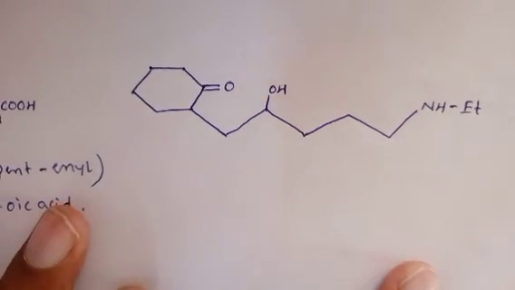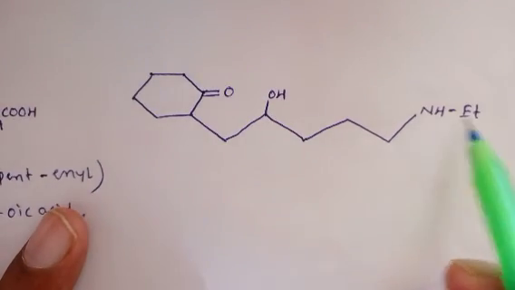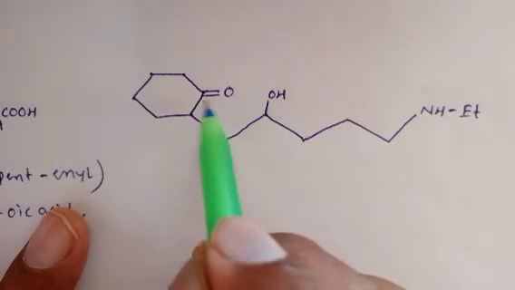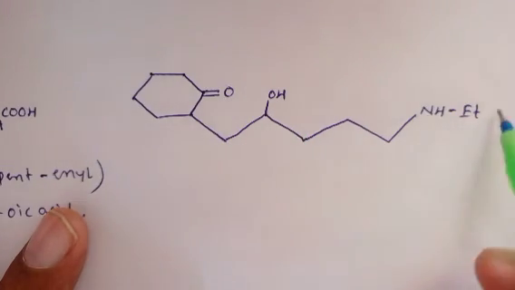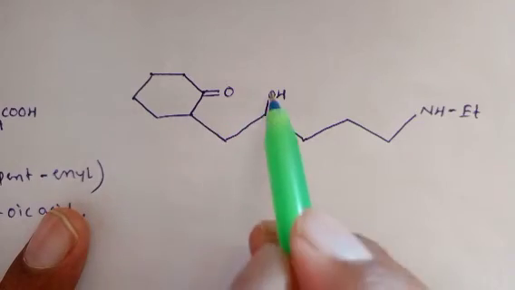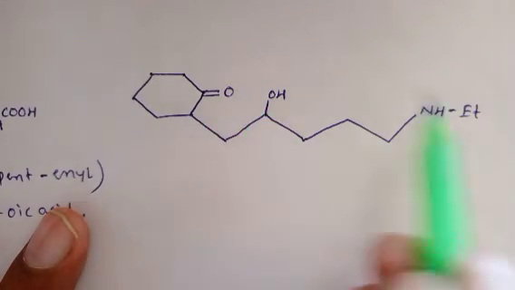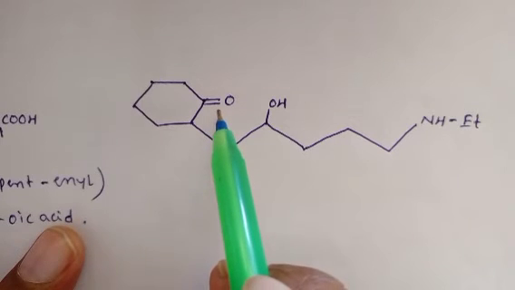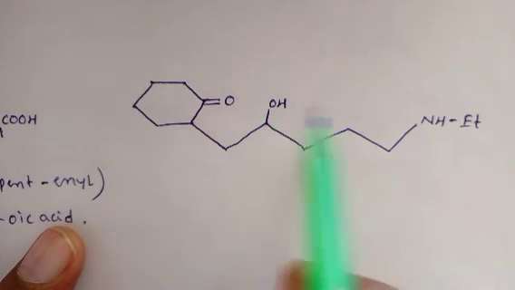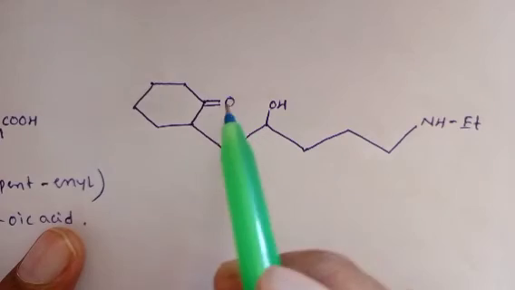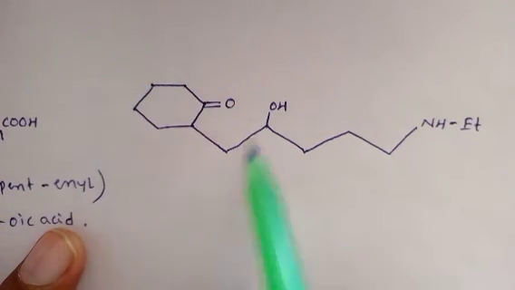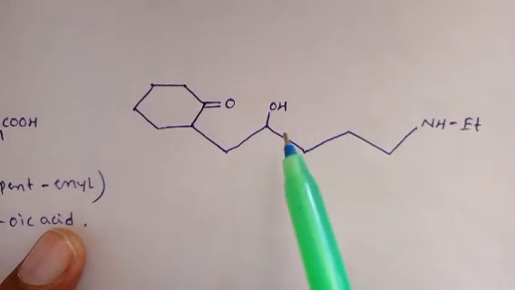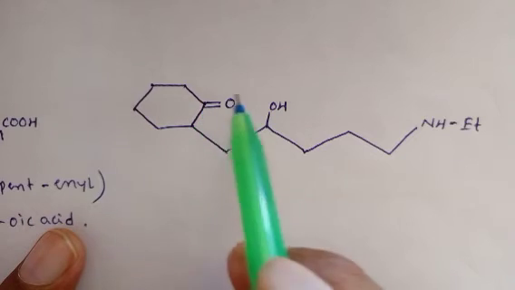Next example. See this example. Yes, NHET, okay? This is C double bond O. This is NHET; NHET means NH2 type. This is OH. This is C double bond. 3 functional groups are present, but this is the main functional group. So the remaining two act as substitutions. And this is the cyclic part. This is the alkyl part. Do you understand? So this one acts as the main one.